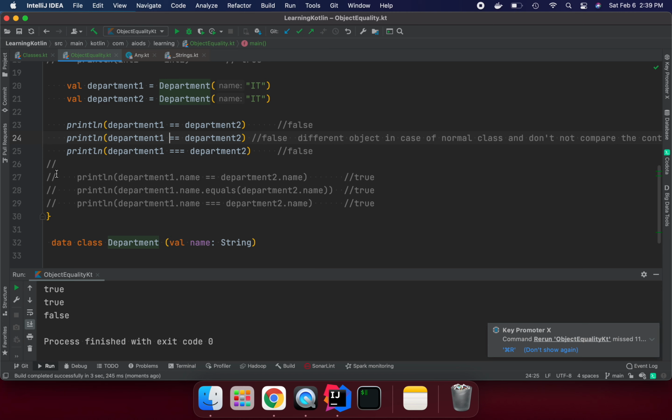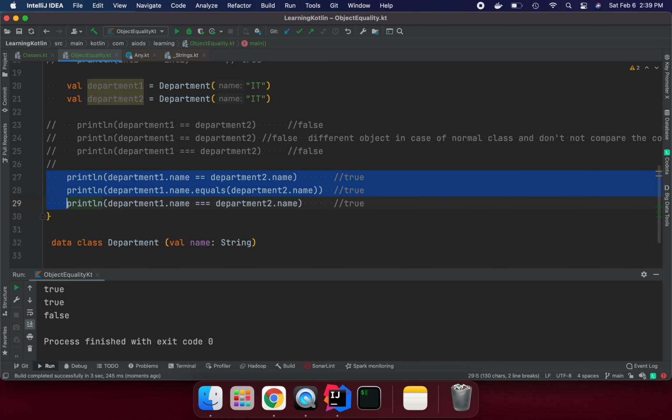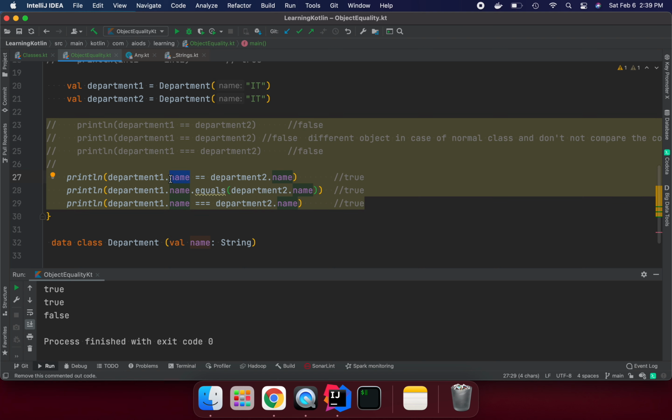And if I want to compare, let's see how I'm doing it here. I'm comparing the attributes, whether the department name is equal or not, and whether the reference is equal or not. But the reference I'm talking about is of the attributes. So what type of reference is it? It is String, right? Both are strings and both values are the same, so the reference is the same for both as well. You see, all are coming true.